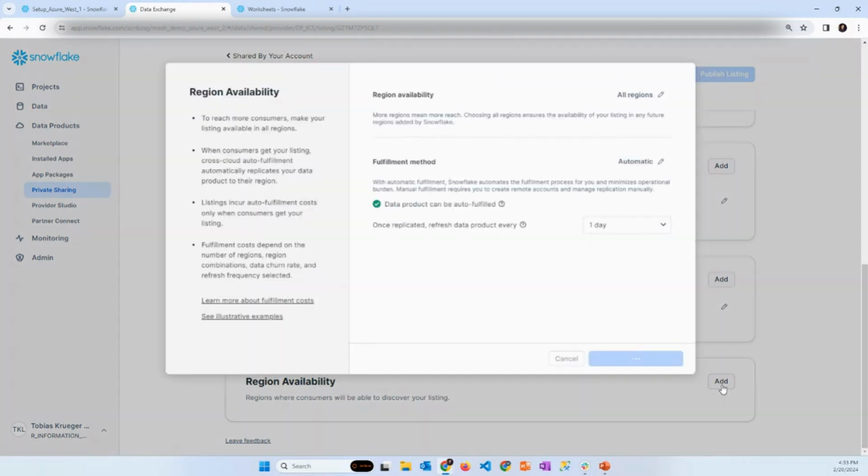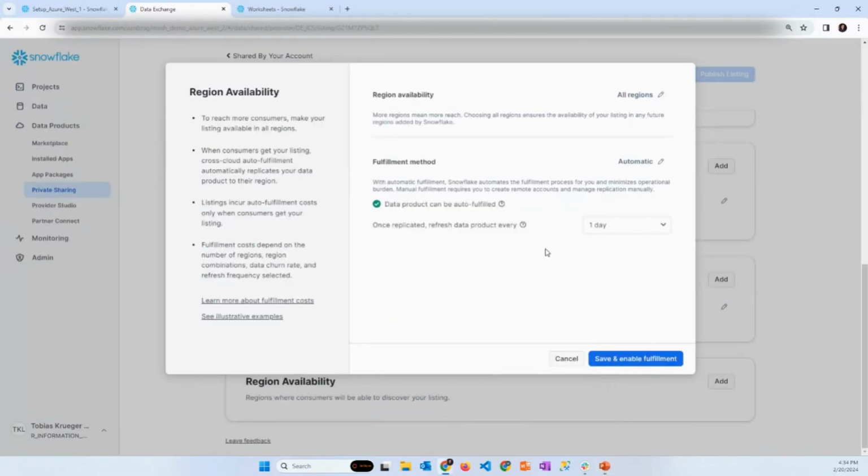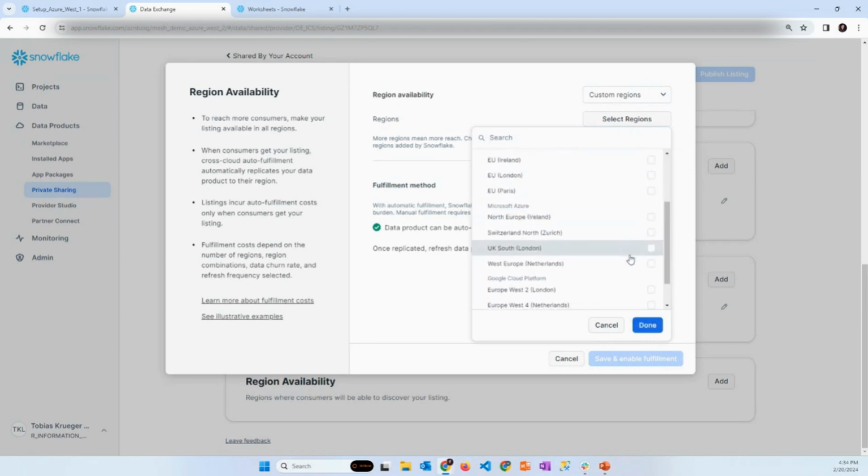With the region availability, that's where we said before that we want to enable global data sharing in the PowerPoint. That's where this comes in handy, because we now have the possibility to choose auto fulfillment and say for which regions we really want to have this data. For the moment, I don't want it in all regions, but only in Europe, Frankfurt, and also West Europe for Azure.